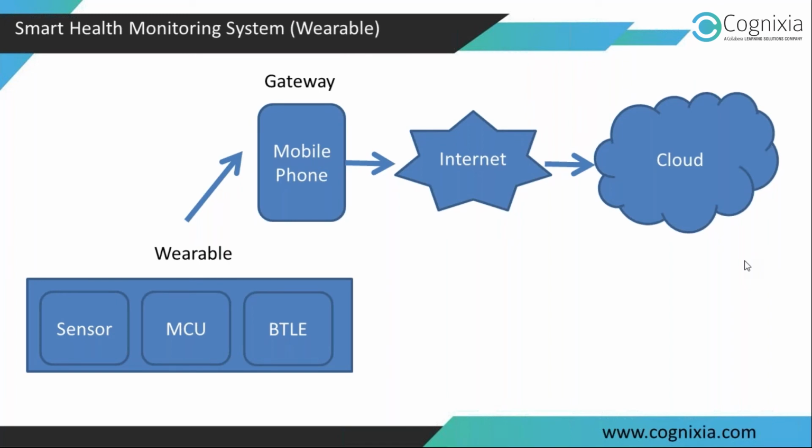I just talked about the components, hardware components to build a device. I talked about the architecture to connect your device to cloud. But the real strength of an IoT solution doesn't lie in the infrastructure. The real strength of IoT solution lies in the applications running on these network nodes or points.